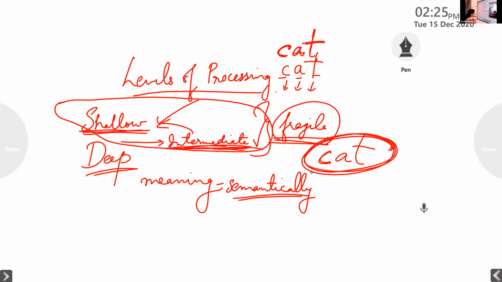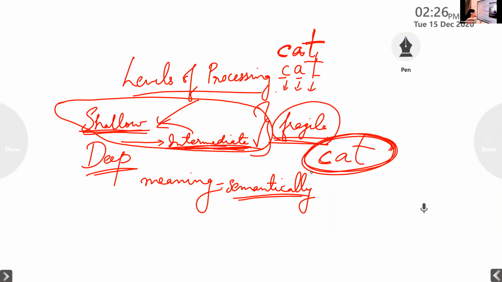But if you know its meaning, what happens? You can fill in some words in the middle, and then you can make up a definition, isn't it? If you know the concept, if you have understood it in depth, then you might be able to reproduce it in such a way that the whole definition which you write is quite meaningful to the person who reads it, isn't it? Yes, you agree? So that is the importance of deep level of processing.